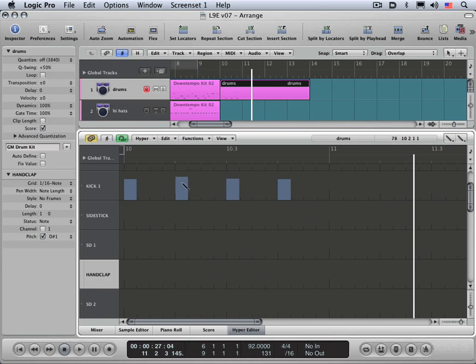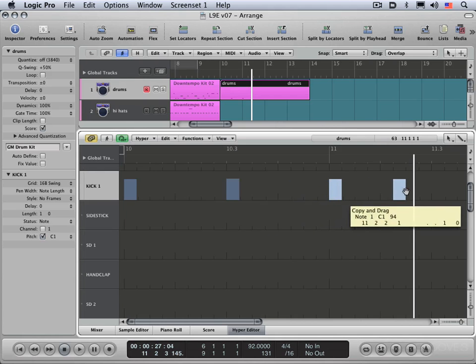I'm going to select my regular select tool and delete those. So I want them just on beat 1 and 3. Now I want to move this one. What I can do is use the shift key and move it like that. Now I'm going to option drag and create another one, and watching my info tag, place it on the 3rd